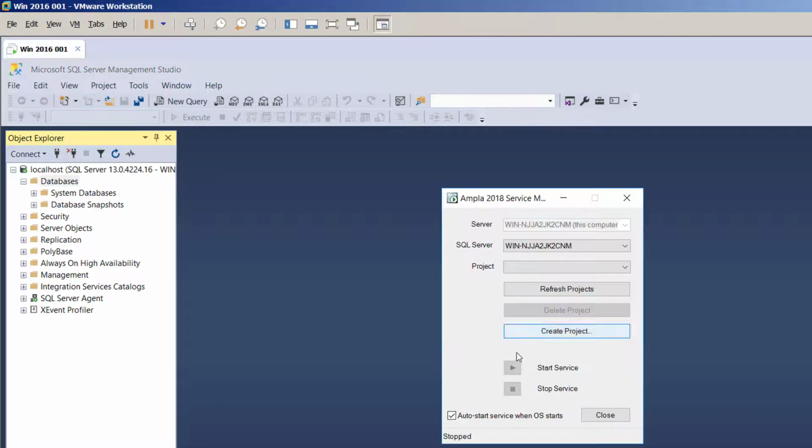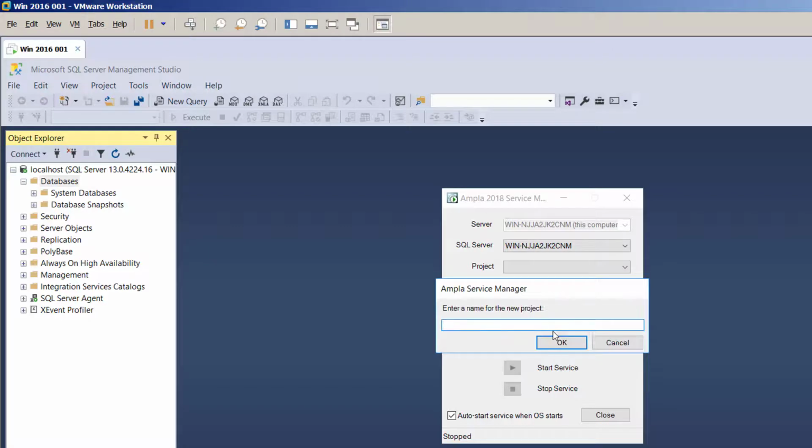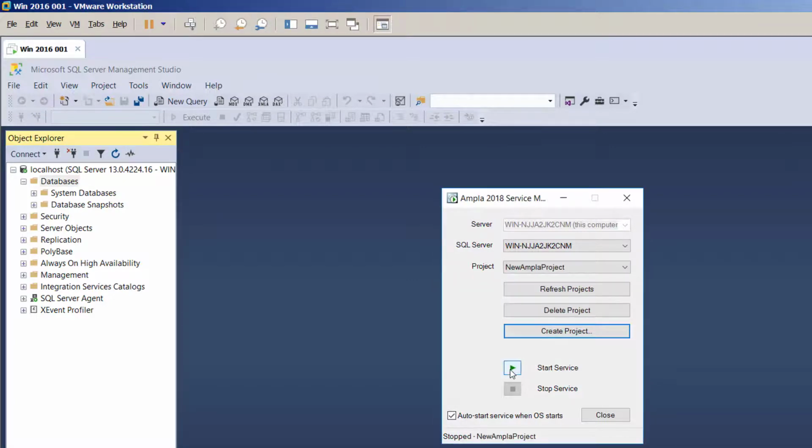However, after we create a project, so I'll select Create Project, and we'll call it New Ampla Project. We'll start that project. So as that project is created, it will be creating databases in SQL to host the config, the state of the project, and also the data store for that project,